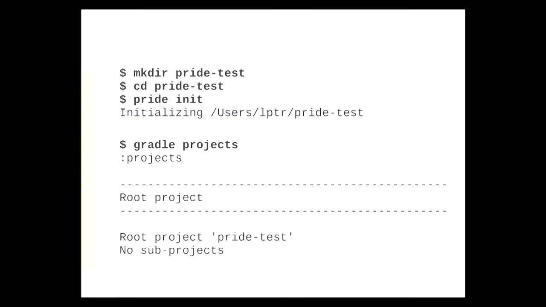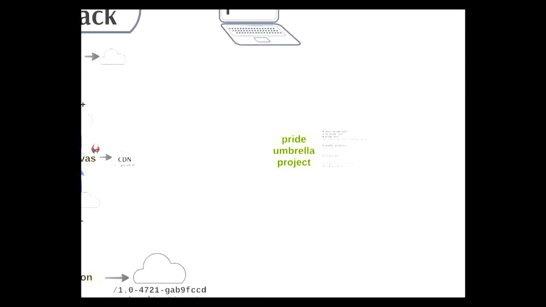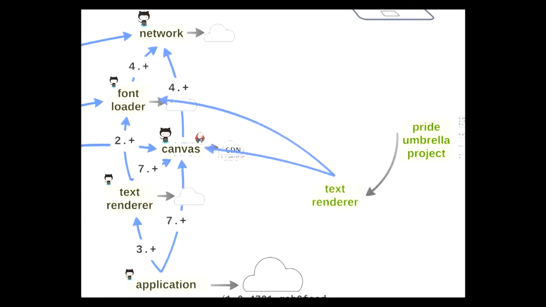Okay, so Pride is a command line tool, by the way, augmented with a little Gradle plugin, but we hope that's going to go away soon. Anyway, you need to initialize a new Pride session, and if you run Gradle, you can see that there are no subprojects yet, which is just what we wanted. So you want to start working on text renderer, and you want it to depend on the external stuff. So what you do is you go and say,